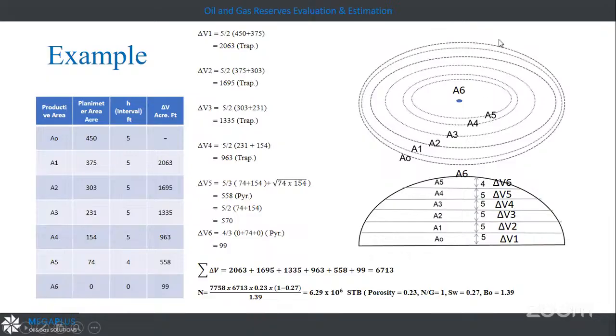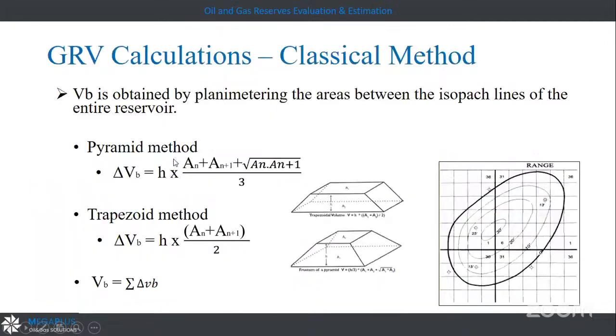If I have here a dome or something like this structure, and here is the contour line, and I'm looking at it from the upside, as a plan view, I have this area A0, and A1 is like here. So I have this interval, which is 5. If I respect the trapezoidal method, the H is 5 over 2.